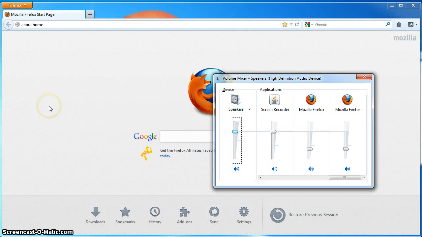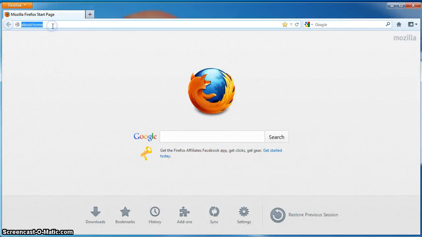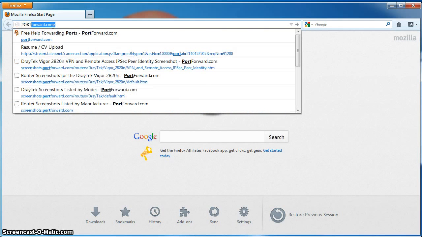Okay, so earlier I showed you how to install Shoutcast DSP, Shoutcast DNAS, and Winamp, and also showed you how to forward your port for a virtual server. Now that varies for various models of routers, so if you're having trouble, go to